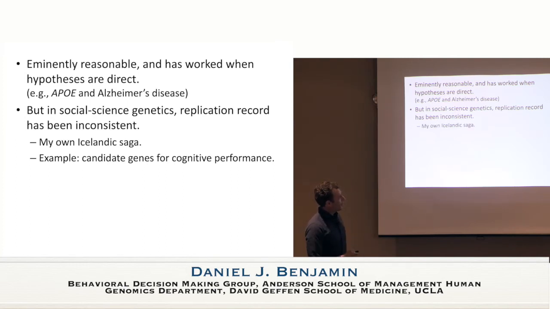So when I got involved early on, candidate gene studies were the state of the art. I did a candidate gene study in data from Iceland. We put together a chip that measured about 300 different candidate genes, which were all dopamine-related, serotonin-related, or brain-related genes, and measured them in a sample of about 2,000 people. I was a graduate student. I went to Iceland. I coded up all these social science phenotypes from a medical cohort, because that was the data set that had the genetic data,